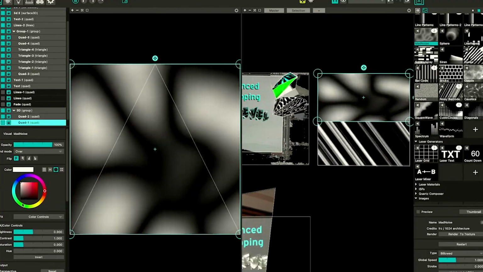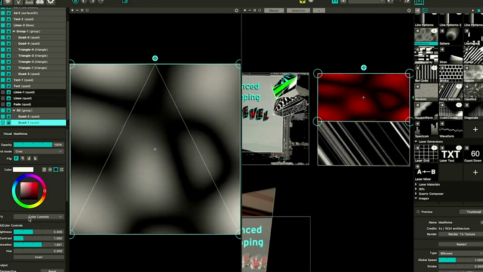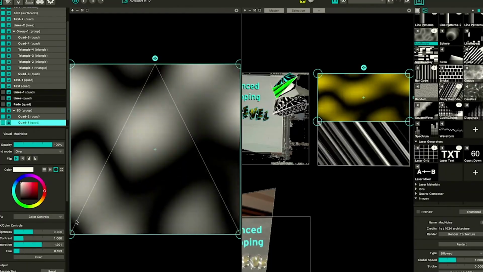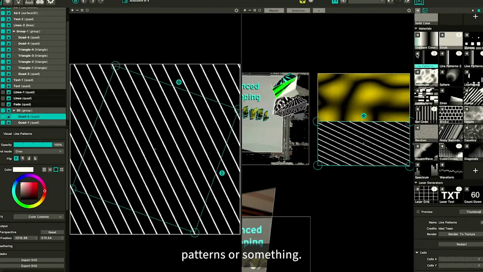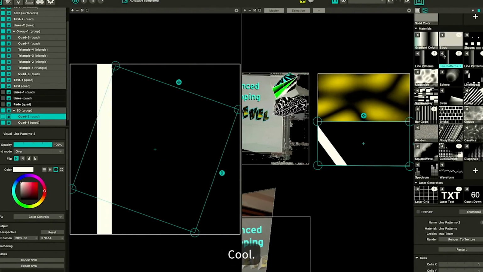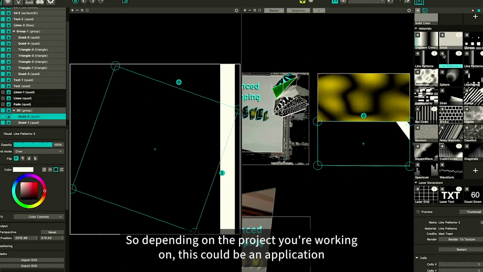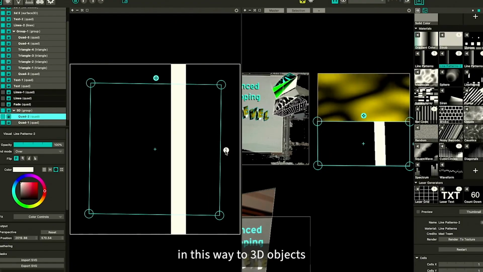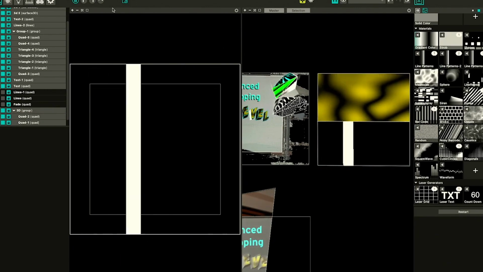Let me get saturation in here. Let's get some hue. Let's go with like a yellow. And then the bottom could be these line patterns or something. Cool. So yeah, just another way. There's so many different ways to do things. So depending on the project you're working on, this could be an application where you're actually outputting in this way to 3D objects, or if not, 2D works really well as well. So just another